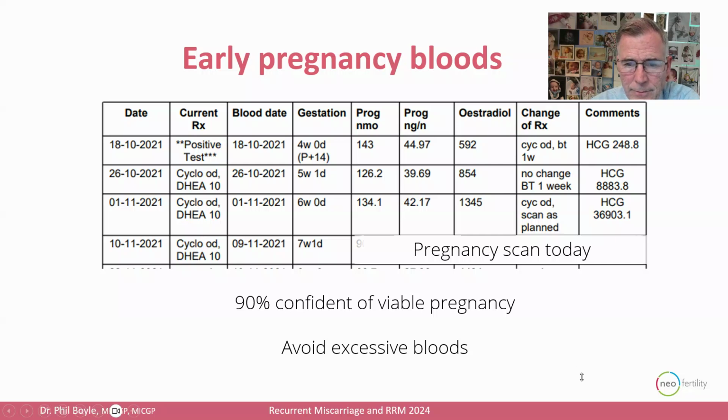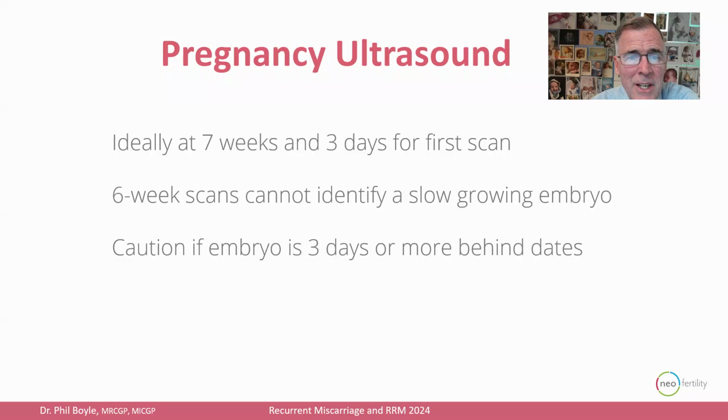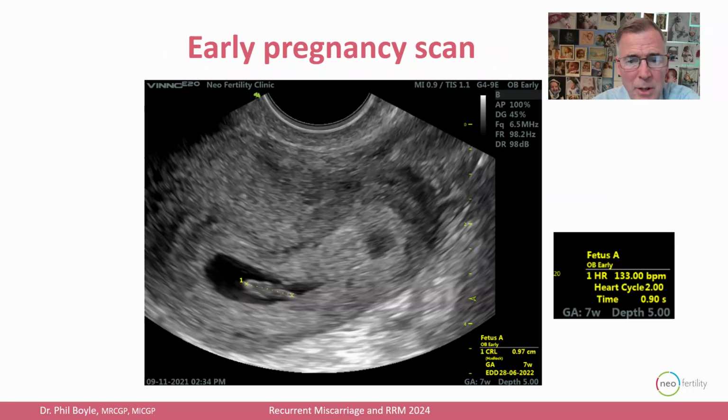So then her bloods were, this is on the day we did her pregnancy scan, as it turns out. After I did the scan and confirmed everything was okay, look at these amazing bloods. They were absolutely brilliant. So there's the point that you can't tell if an embryo is in trouble with an early ultrasound. She came in at 7 weeks and 1 day. We got a 7-week size by the crown rump length and a 1 day discrepancy. That's agreement.